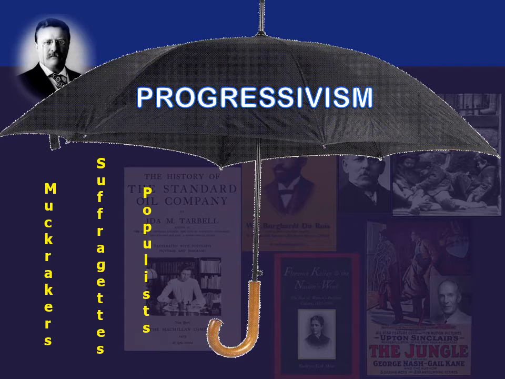Populists, whose ideas before, as I stated with William Jennings Bryan, are going to be absorbed by the progressives. The temperance movement, which is a continuation of the movement that we saw back in the 1830s throughout the 1850s. So we have suffragists, who eventually will get the 19th Amendment, the temperance movement, which we're going to see with the 18th Amendment. And then these guys, the Goo-Goos, these are more of your good government guys.